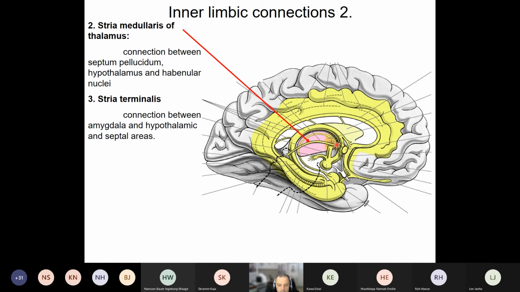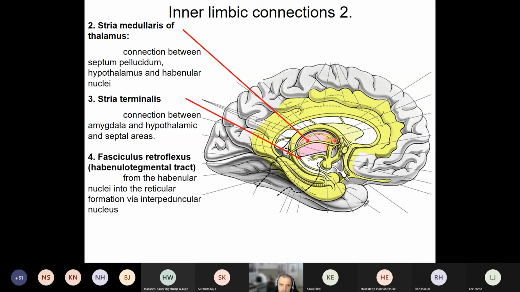The hypothalamus has centers for autonomic functions, and if I see something that is potentially dangerous for me, that evokes strong emotions in me. It's a life-threatening situation, for instance. There is a very bad, dangerous situation occurring in traffic when you are driving your car and you have to avoid a car crash or something. Then the brain immediately alarms the autonomic nervous system. The heart rate increases, the breathing gets accelerated. This is done by the stria terminalis, because from the amygdala, the hypothalamic centers get information through the stria terminalis on how to adapt